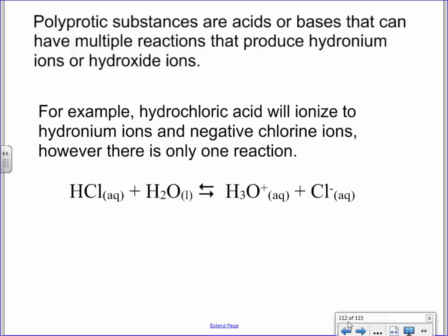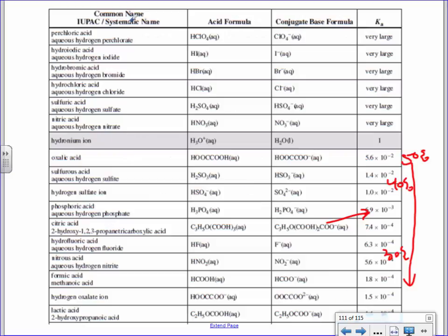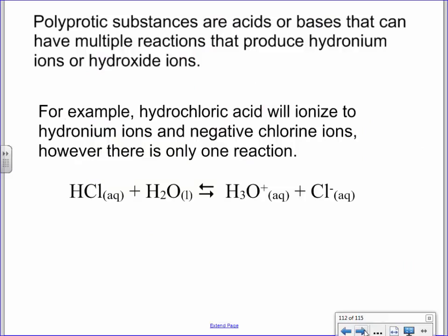Hydronium would still be 100% because all of these guys right here completely turn into hydronium, which is actually why this number right here is 1. But everything below hydronium is going to be 50% or lower ionization. And eventually I'll show you how these numbers right here can be used to calculate that percentage. Okay, cool. Last topic, then I'm done.